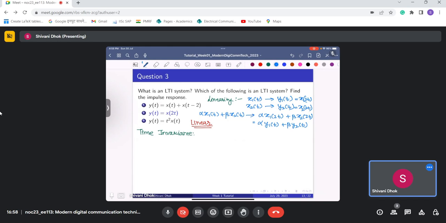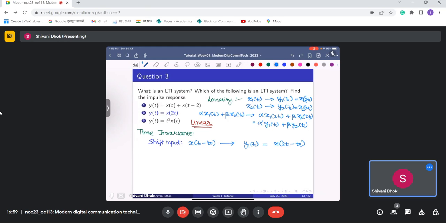So now here, let's shift the input. What we have is x of t minus t naught. So this leads to y1(t) as x of 2t minus t naught. We need to take this input as it is, that is treat this entire quantity 2t as t